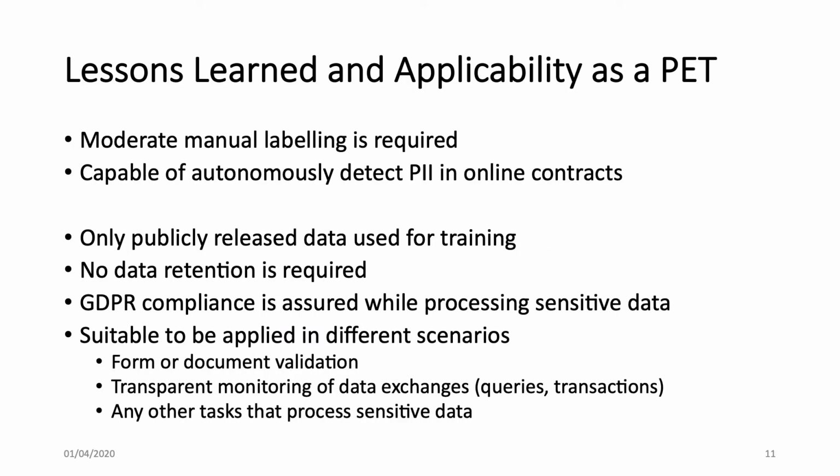So what can we learn from these results? Well, we see that the manual labeling of data is an expensive and time-consuming task. But at the same time, once we pass this barrier, we have a system that is capable of autonomously detecting PII in not only online contracts, but basically any other kind of document that has similar